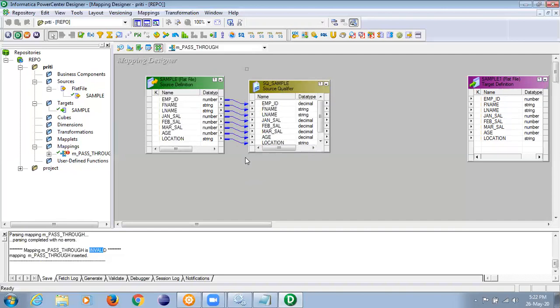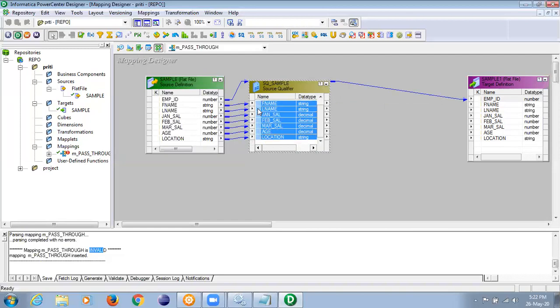Transformations are in between, where I can add n number of transformations. There is no limitation as to how many transformations I can put. Based on the requirement and the scenarios, I'll use the transformations. Clear? Because I don't want to use any transformations as of now, I'll simply click here, drag and drop. Don't leave the cursor here. Can you see it is not allowing you to cross? Put it inside, drag and drop. We are going to do these things a lot of times, so don't worry. You will have the proper understanding.